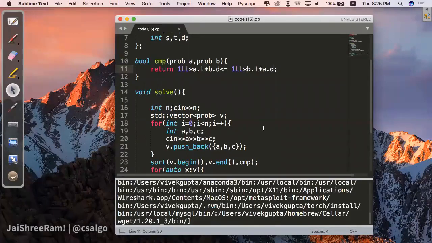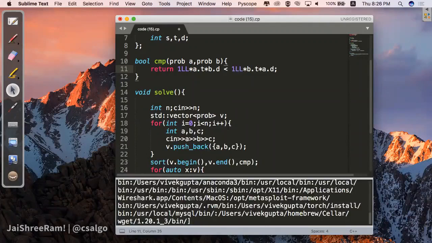So exactly, that's the point I would like to make: in a sorting comparison, never use equals. If any two elements are the same, you should not return true. Even if both elements are the same, you should not return true. What happens is it tries to swap, and if you allow equal elements to be compared, they will keep swapping in a cyclic loop. So it will either give you a runtime error or a TLE. So never use equals in a sorting condition.